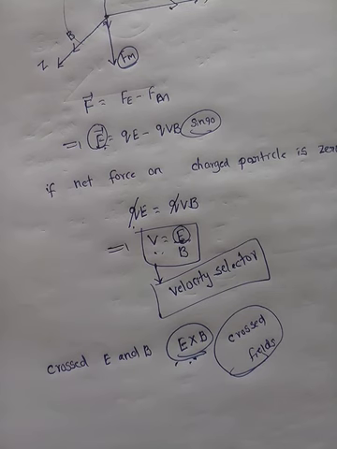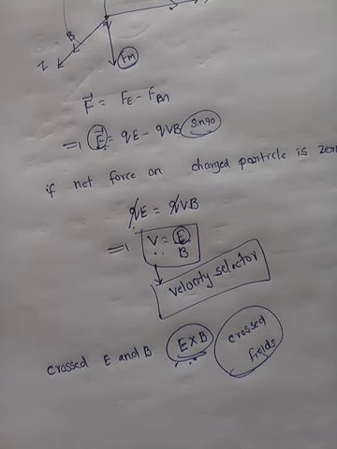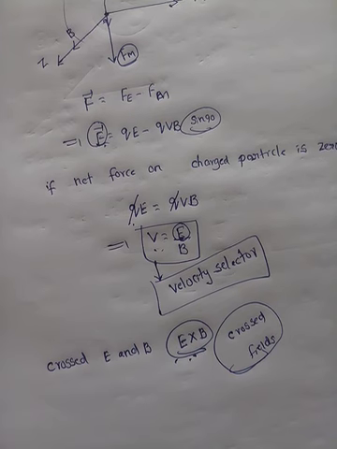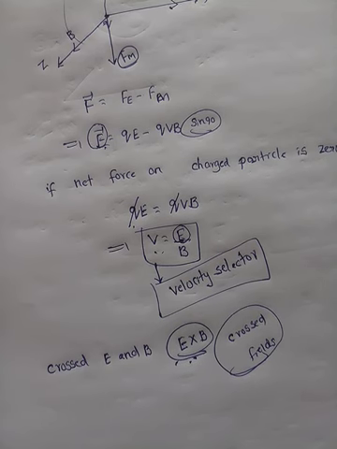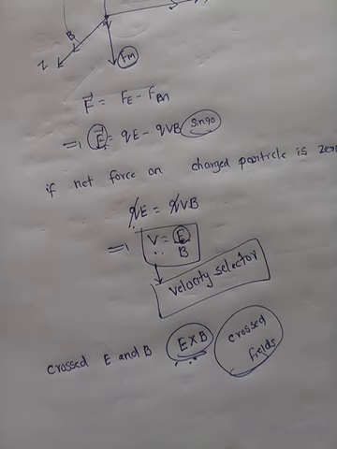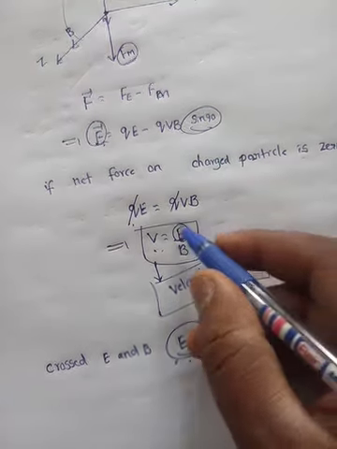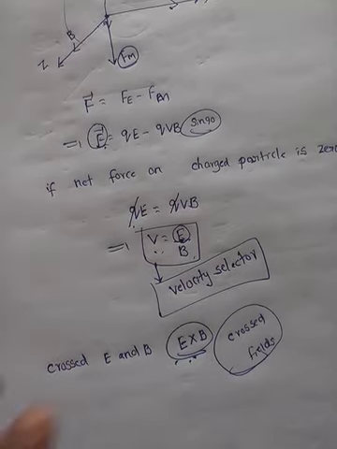What is a velocity selector? Simple logic: in a beam of charged particles, you want to select charged particles of a particular velocity. So you can select them by using this condition E by B. This condition and definition are important for 1 mark. The condition is V is equal to E by B, and we can write the definition as,